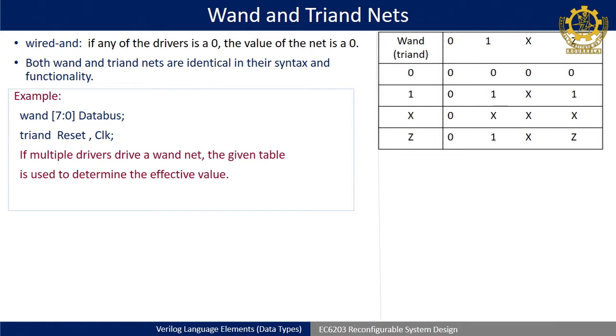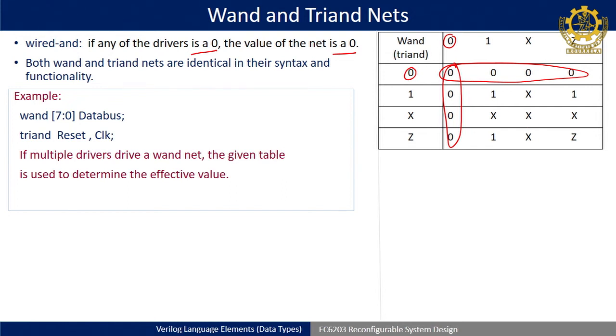So, it is the same as you know: if any of the input is 0, then the output will become 0, similar to an AND gate. Okay. So, you see here it is 0, so its entire thing is becoming 0, here it is 0 and this entire thing is becoming 0. Okay. Rest you have to see, and in one case it is 1, in the X case it is X.